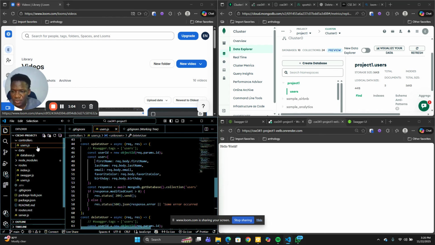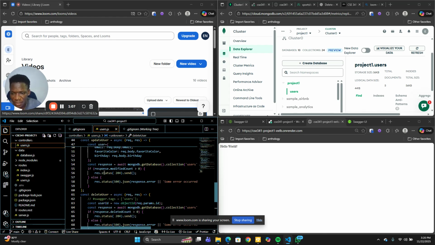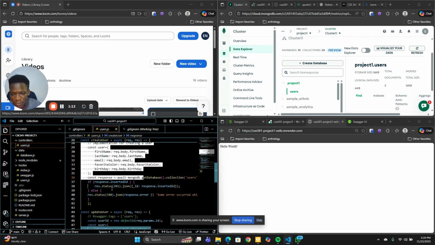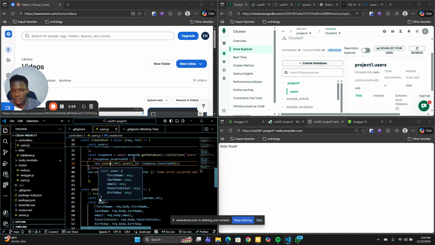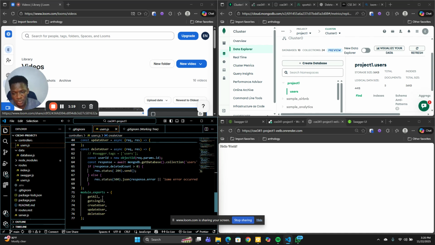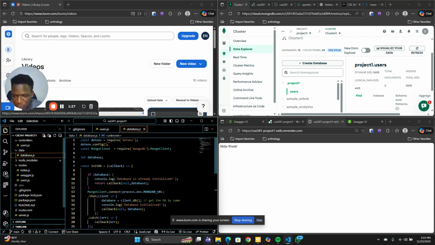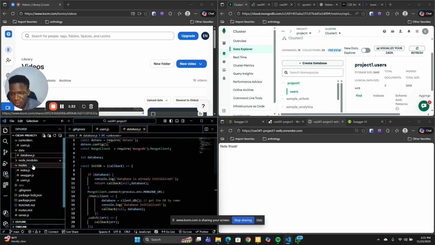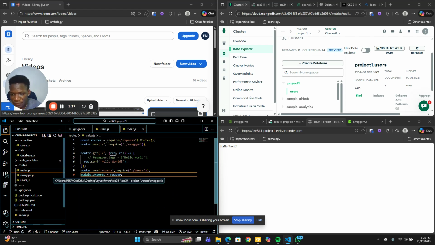Now, in my controller.js, I have every single thing I require down here, starting from my create user, which is my post, down to my update user, which is my put, and then also my delete. I export each one of these functions as module exports, and over here I have my database connection that connects down to my JavaScript. This is my node modules, and over here I have my route starting from my index.js, which requires